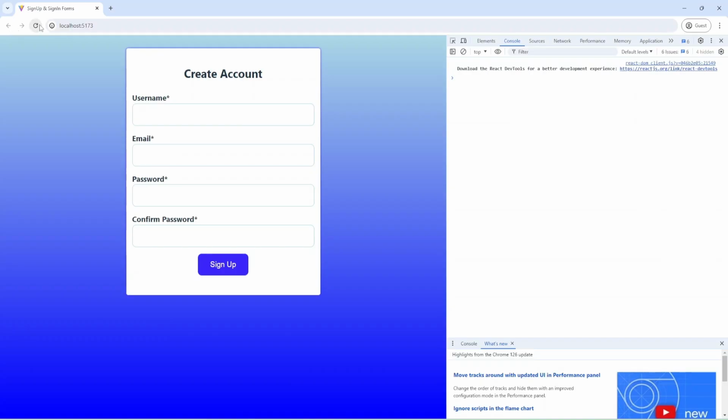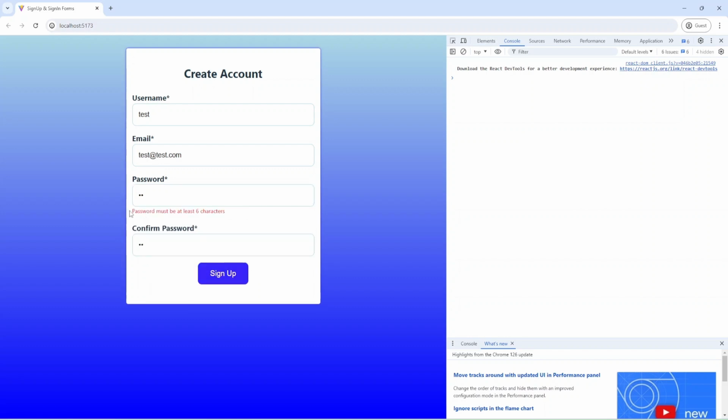I'm going to refresh it and provide some names, test, press sign up, and we have browser validation for email, test.com. The browser validation runs first. Provide some password and also confirm password.